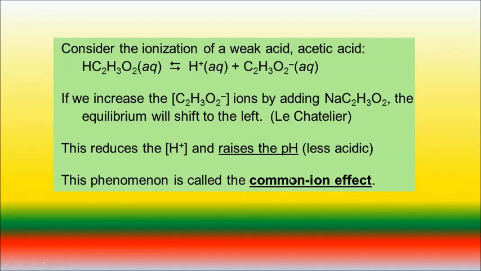And this phenomenon is said to be the common ion effect. So when you have added sodium acetate, which is the common ion? Acetate ion. In both cases acetate ion is common. And it suppresses the ionization of the weak electrolyte, that is acetic acid. Thank you. With this we are concluding our chapter.